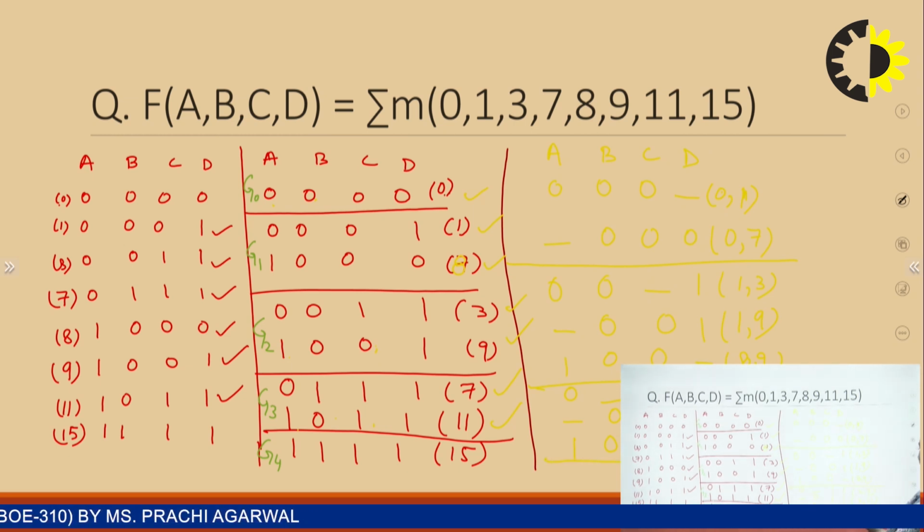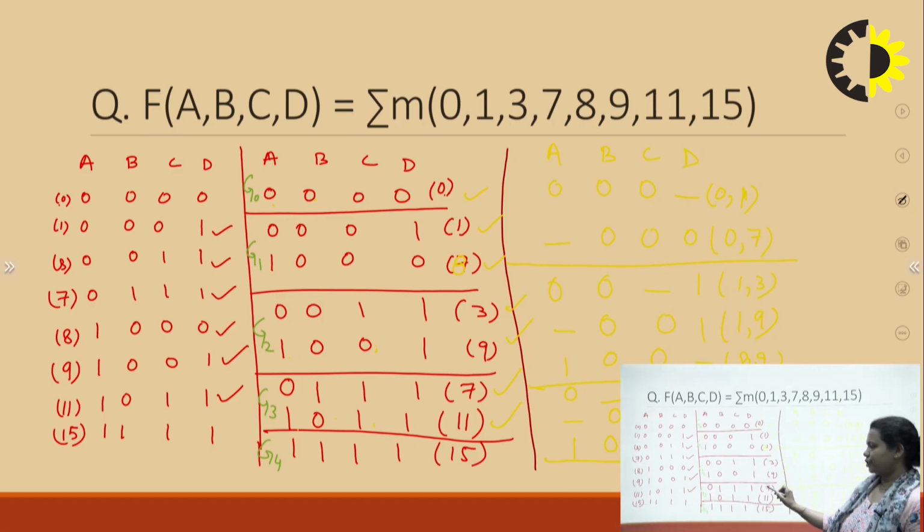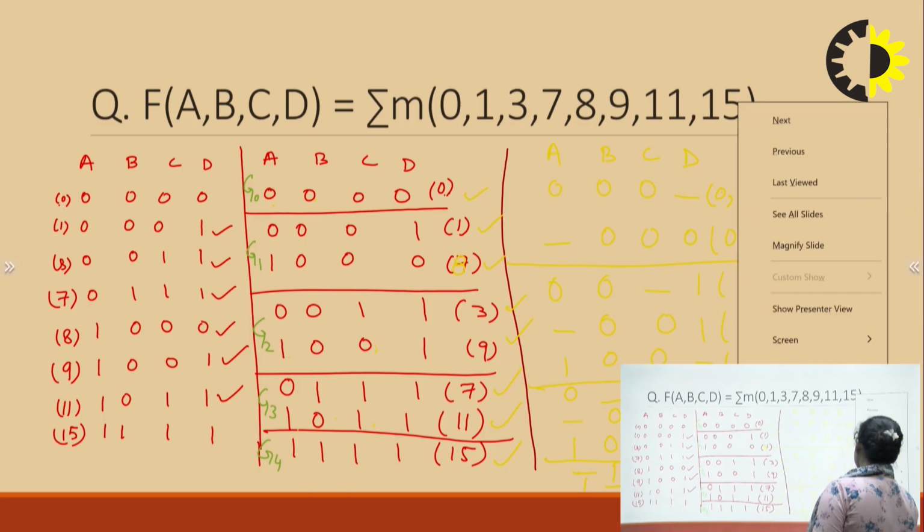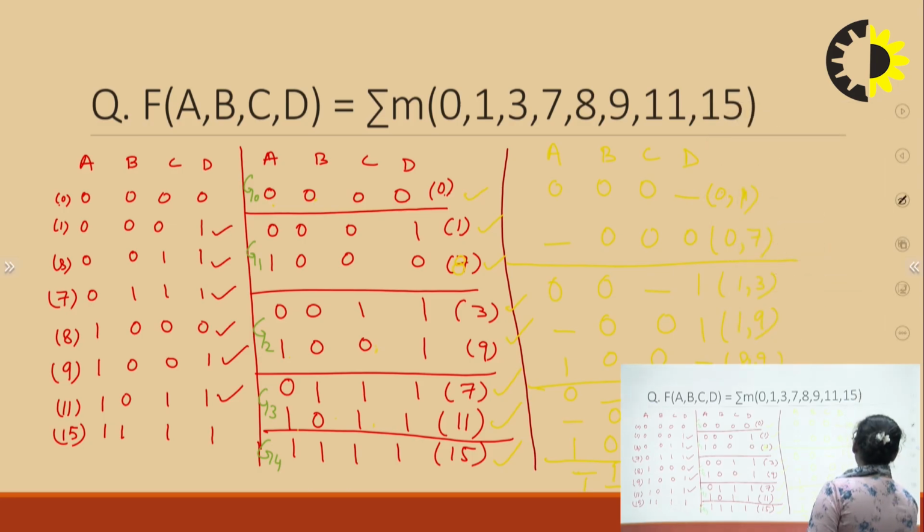Then you put dash again, and because this group is completed, now you compare group 3 with group 4. First we compared 7 with 15, so we put dash 1 1 1 because there is only one bit different. So we put 7 comma 15, and then if I compare 11 and 15, I will use 1 dash 1 1. So I will be writing 11 comma 15, right?